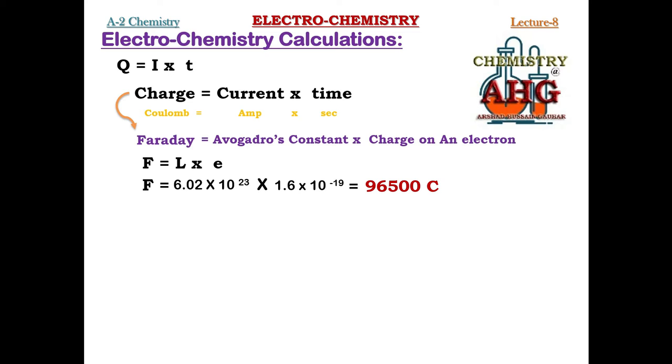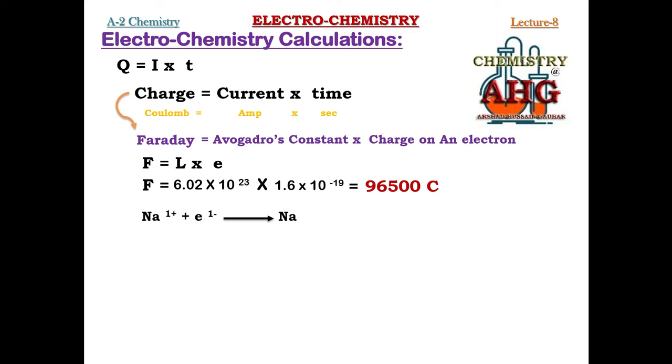In calculations, after this formula, another information that you must know is that during electrochemistry whenever a chemical reaction takes place it is always a redox reaction. There is always a reduction and oxidation taking place during a redox reaction. So what you can remember, if you have been given an oxidation or reduction equation, like in this case you can see you have been given a reduction equation. What you can see, sodium ion has been reduced to sodium metal.